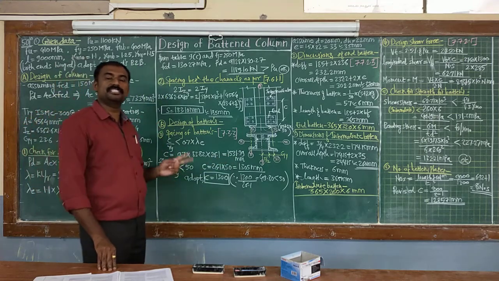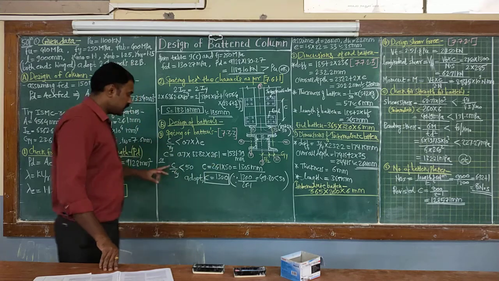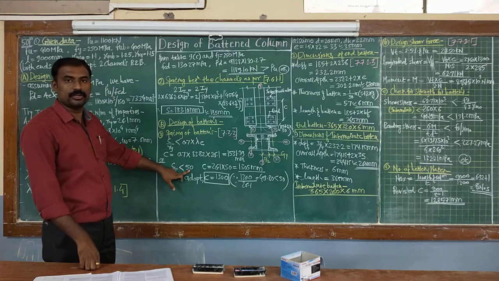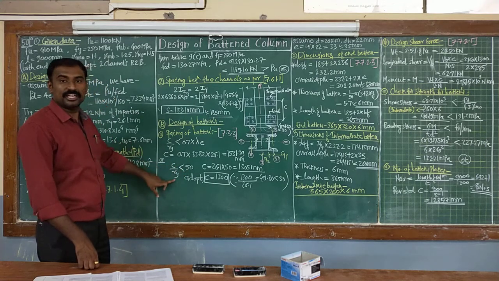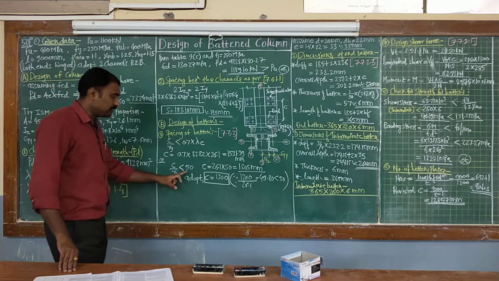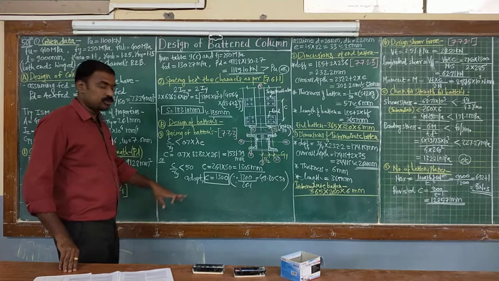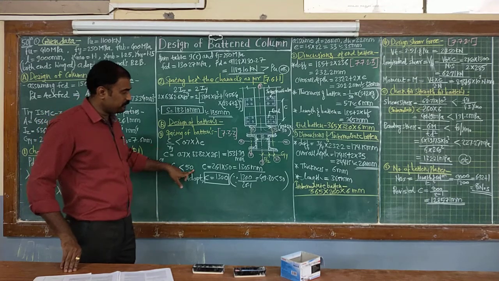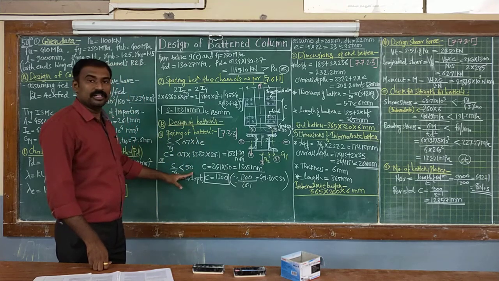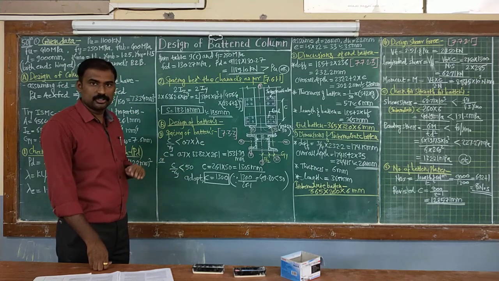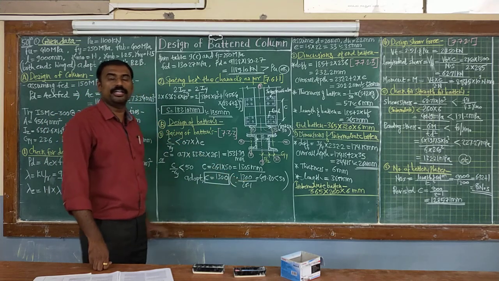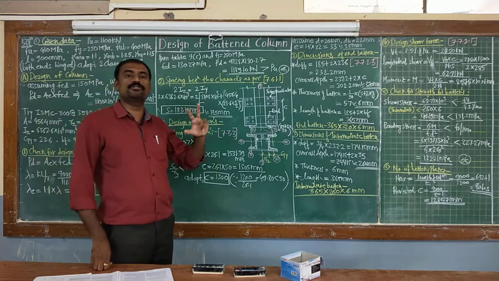Similarly, one more criterion is given in 7.3.3, that your slenderness ratio C by r for the selected spacing should always be less than 50. So this adopted spacing by the minimum radius of gyration of the individual section should be less than 50. So I am getting spacing equal to radius of gyration multiplied by 50, that is 1305. So now in order to keep this ratio less than 50, you have to reduce the spacing. So I am selecting the value as 1300 mm. That is the center to center distance between two individual battens.